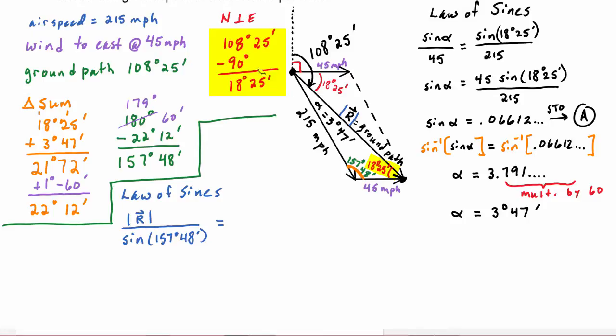So since this 18 degrees 25 minutes is exact, let's use the 215 side with the 18 degree 25 minute angle. So then the right-hand side is going to be 215 divided by the sine of 18 degrees 25 minutes,